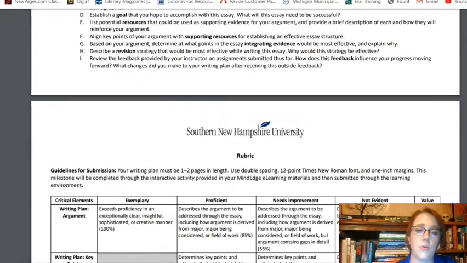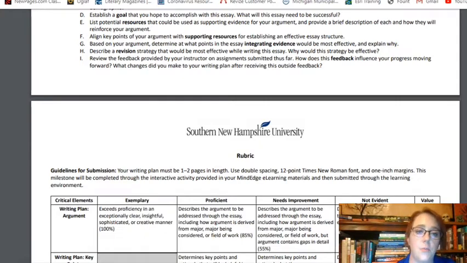List your potential resources. At this point, we've done our research. I am looking for specific titles here. What specific resources are you going to use? You mentioned them in your annotations. Mention them here again, okay? We're setting up a clear plan of action. So what specific resources do you intend on using? Provide a brief description of each and how they reinforce your point. You can use the summary that you used in your annotations for this part of this assignment.